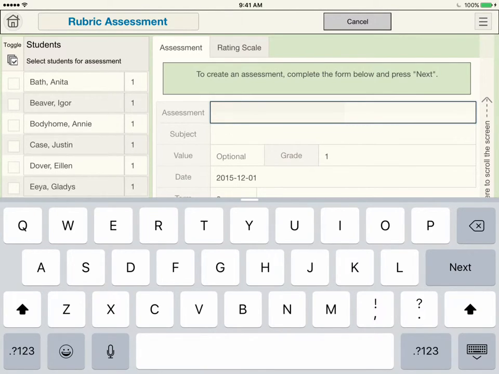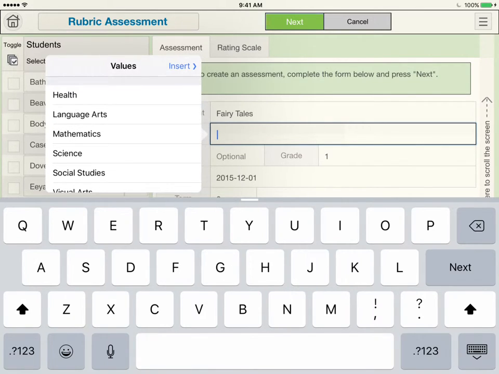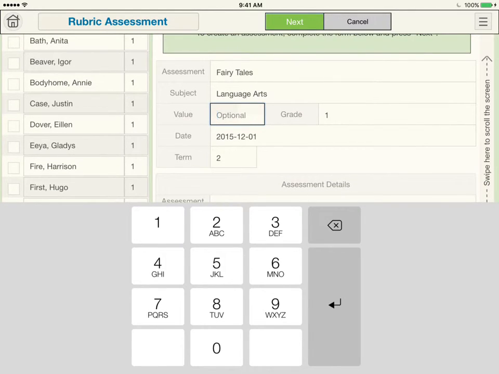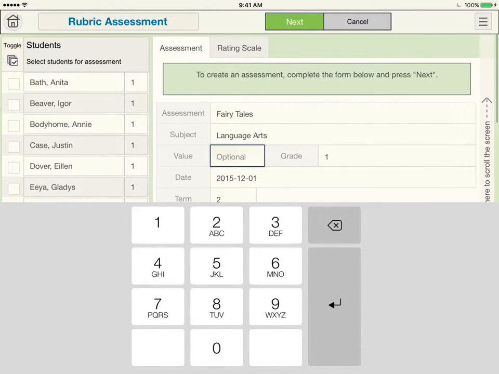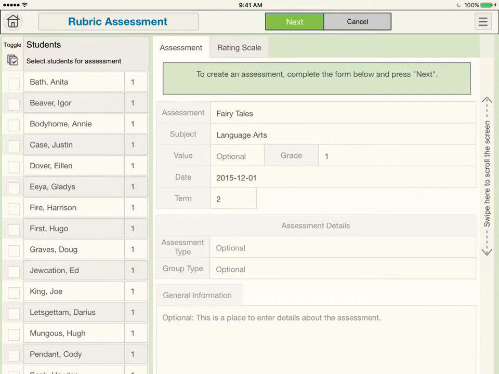So I'm just going to call it maybe fairy tales. Maybe we're working on some genres, fairy tales, and subject is language arts, and the value, I can put a value in or just leave it out. And right now there's no students selected on the side over here. There's no X's by anyone, so I want to select them all. So I press the toggle button at the top and it selects them all,